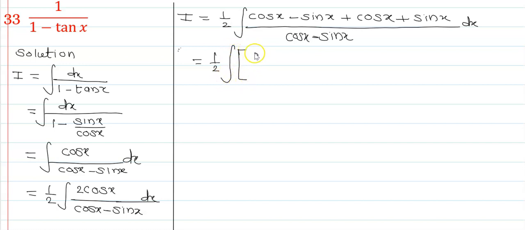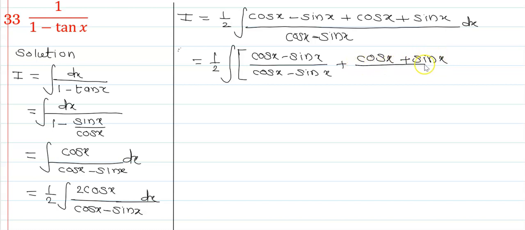If we split off cos x minus sin x upon cos x minus sin x plus cos x plus sin x, and this divided by cos x minus sin x into dx,